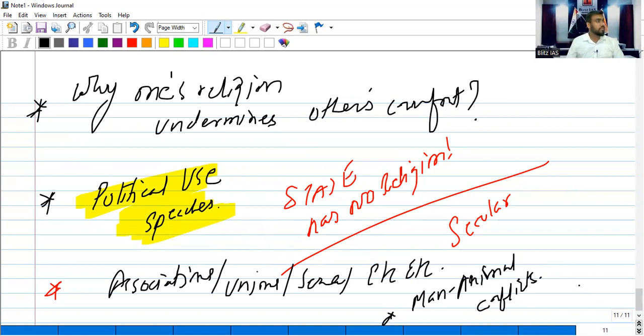Man-animal conflict. आपने सुना होगा, from Rigvedic times, there is a ritual of sacrifices, animal sacrifice. आपकी जो प्रिय वस्तु है उसका सेक्रीफाइस करो। प्रिय वस्तु ऋग्वेद टाइम पे जानवर होती थी, गाय होती थी, भैंस होती थी, हॉर्स होता था, उसका सेक्रीफाइस करो।